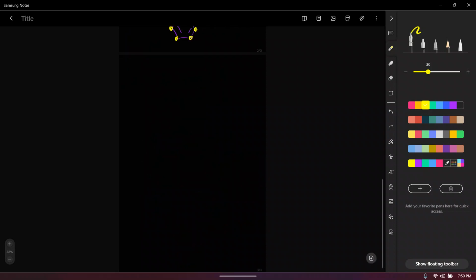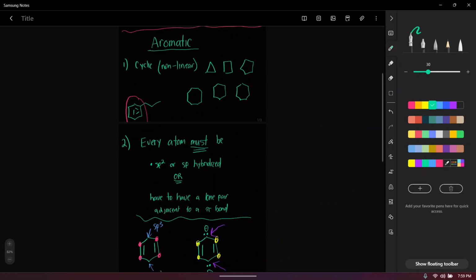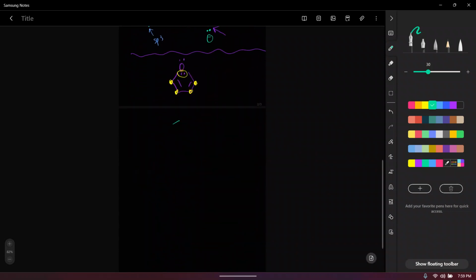You could also do the same thing if you have a molecule that maybe looks something like this. Let's put a nitrogen right there. Alright. Okay, so if you have a molecule like this, obviously these 4 carbon atoms are sp2 because they have a double bond. This lone pair is adjacent to that double bond, and this carbon atom is sp2 hybridized because